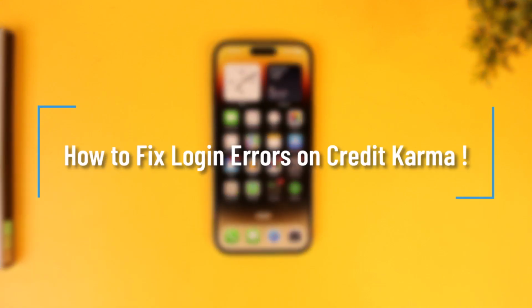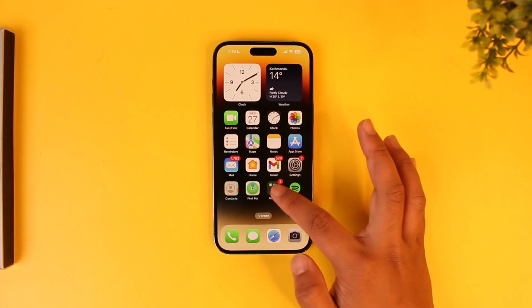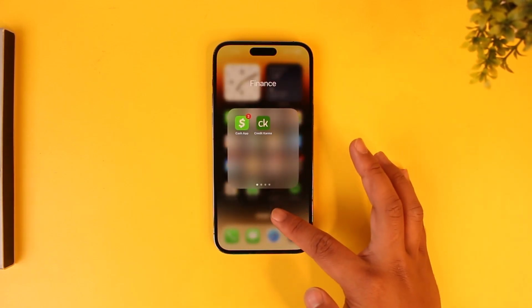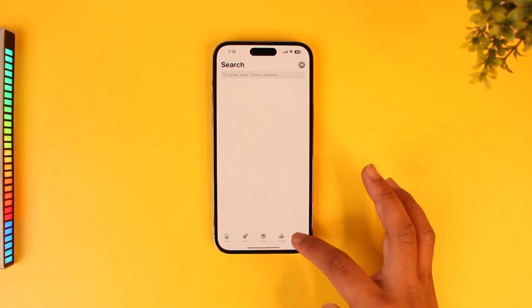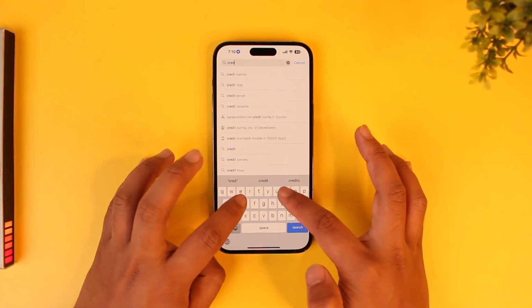How to fix login errors on Credit Karma. If you would like to fix login errors on the Credit Karma app, if you're having issues with it, there could be many reasons. First of all, you want to simply go to your app store and just search